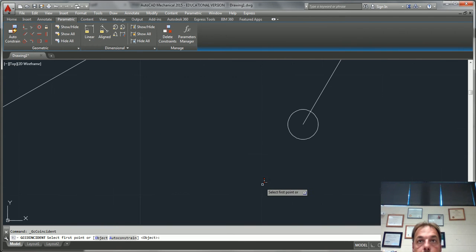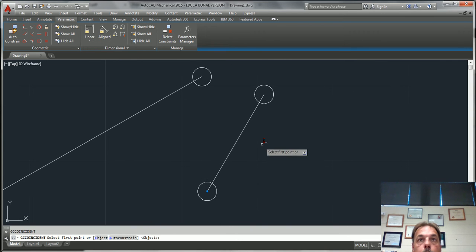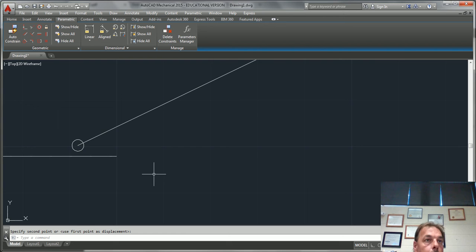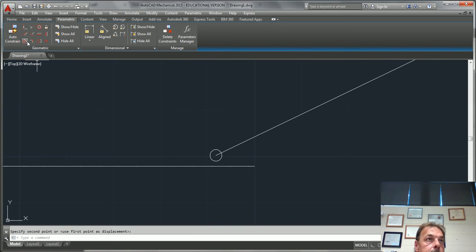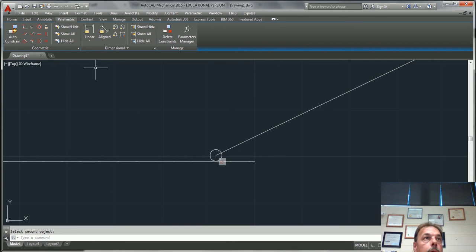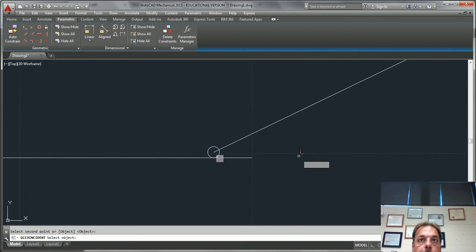And we're going to go to parametrics. I'm going to do a coincidence here to here. Repeat it from here to here, and repeat it from here to here. Alright, and I'm going to move this to here. And now I'm going to do a tangent from here to this surface. And I'm going to go ahead and do a coincidence from here to here. Okay? Alright, after you get done with that,